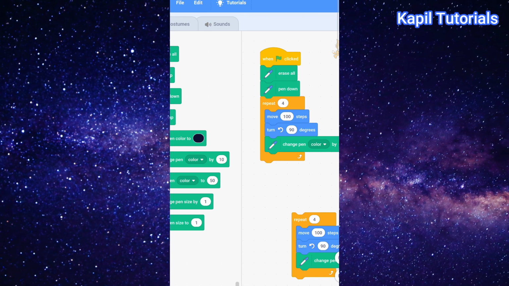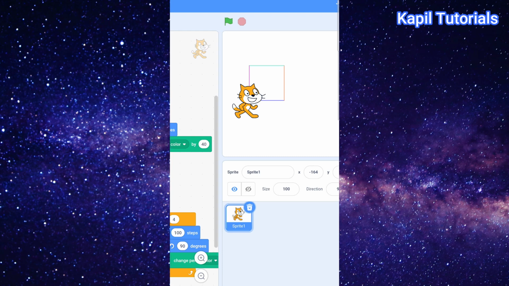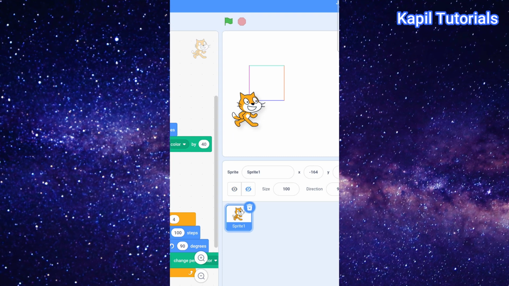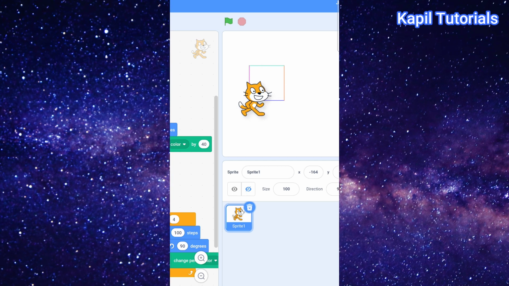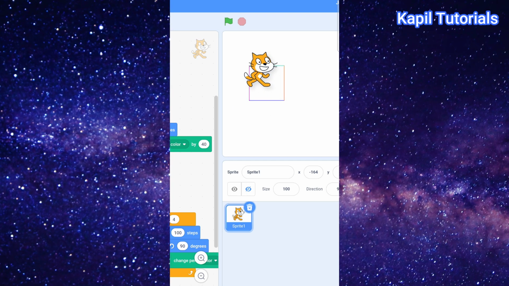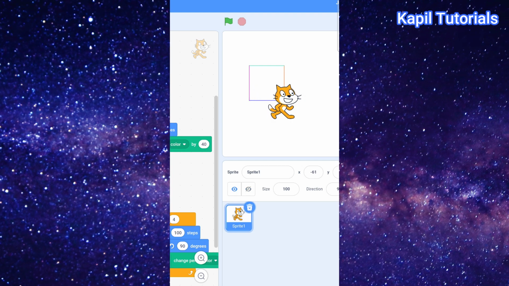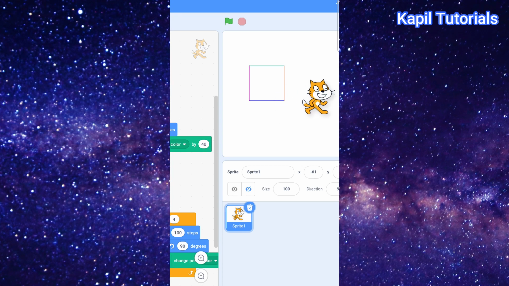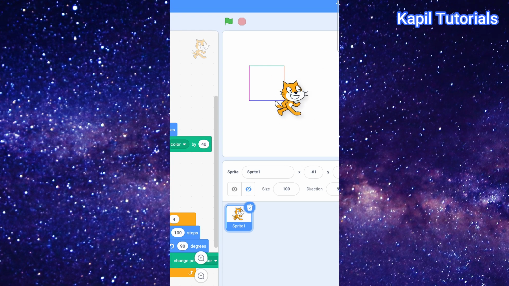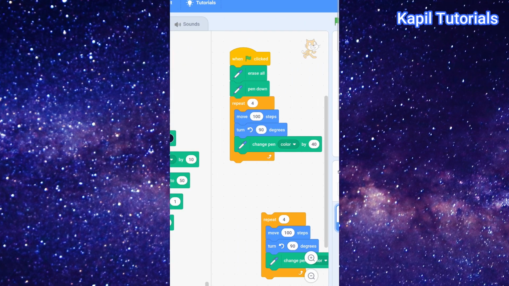Now in between, after making this square, I want this sprite to move here. After making a square, because it makes like this 1, 2, 3, 4, it should move this side, and then after coming here again it should make the square, 1, 2, 3, 4. So how will I move it? Simply by inserting the move command.